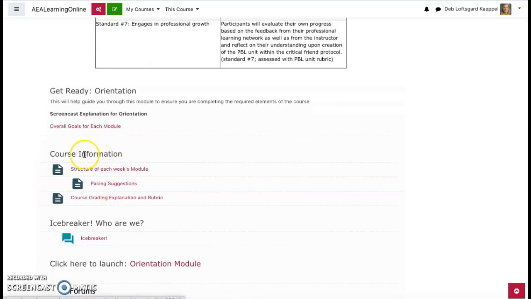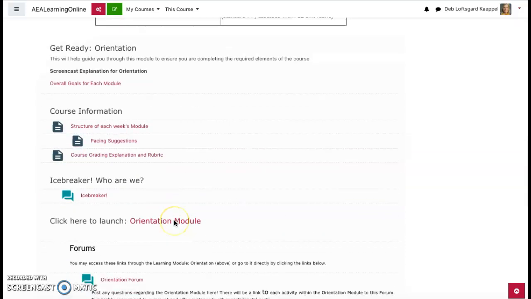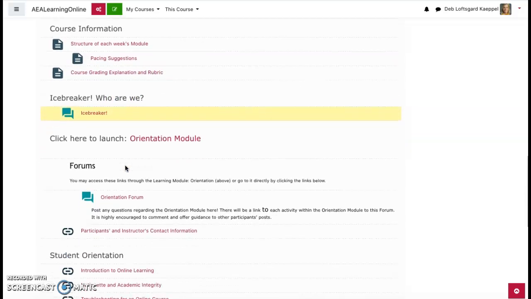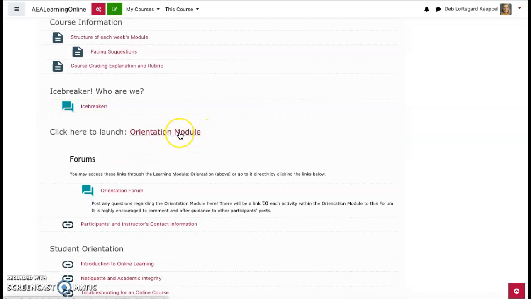The course information will just give you a general idea of what is expected throughout the course, your pacing ideas, the grading rubric, proficiency scale, whichever you prefer to call it at this point. Take a minute to introduce yourself with the icebreaker activity. When you are ready to move on, go ahead and click on this orientation module and it'll take you to